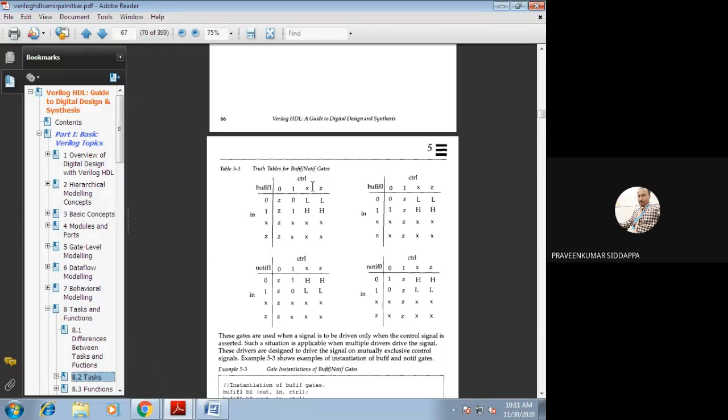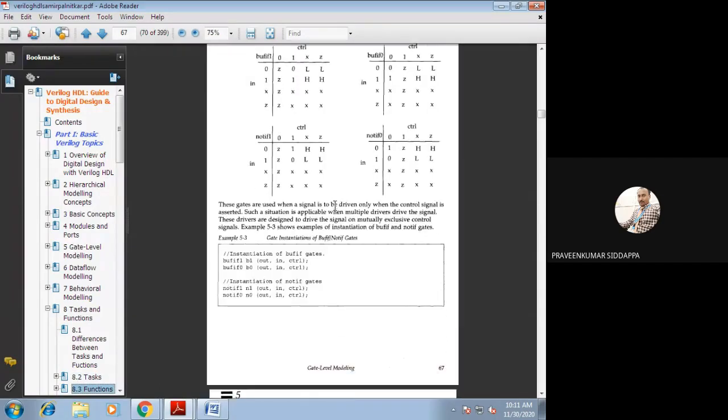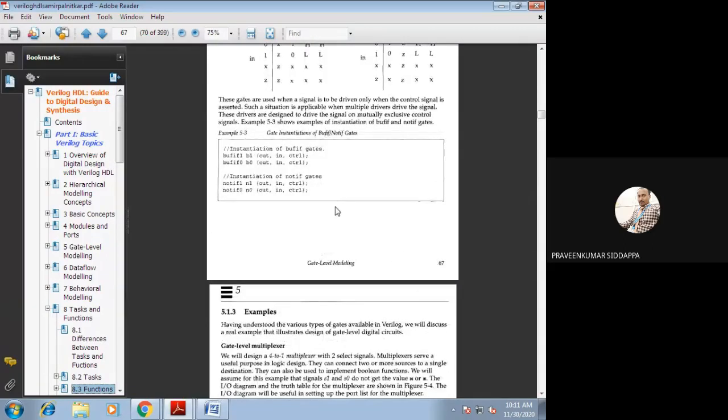Then how will you write those statements using gate level expressions? I have written it: bufif1. Bufif1 is a keyword, remember it. B1 is an instance name. Out comma in comma control, like this we should write it.